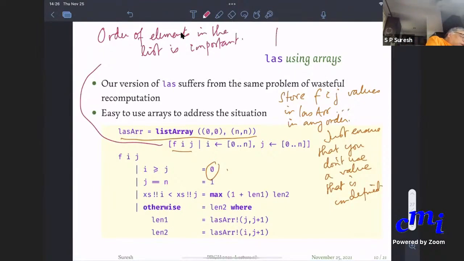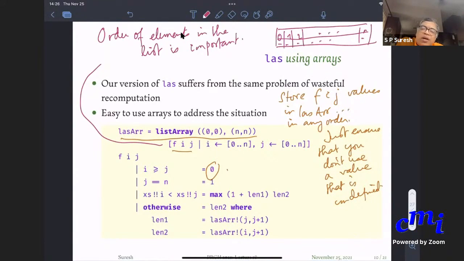Because if you remember, your array will associate index values. So your array is something like this. It'll first have all the index values. Then it will go through your list from left to right and it will fill it up in that order. So if your list is presenting the Fij values in a different order, then Fij will be entered into some array index that corresponds to some, I don't know, some KL.